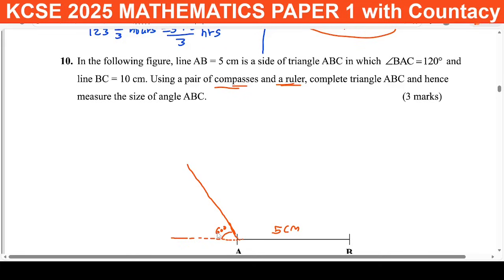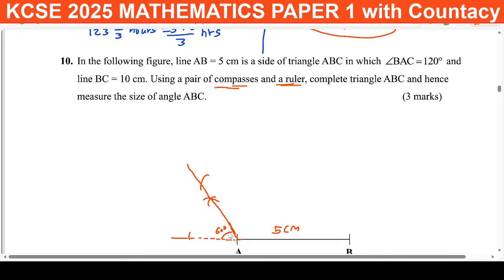Normally, you will have your pair of compasses. Let's say you have one side of it here and the drawing side here, and you make a mark. After you make a mark, using the same length over here, you make an arc. That arc is supposed to lie along here because you are measuring the same length from here to here. You make a mark upwards, and also when you're here you make an arc like that. Then you join the point of intersection of those arcs with this part. What you are going to have here is